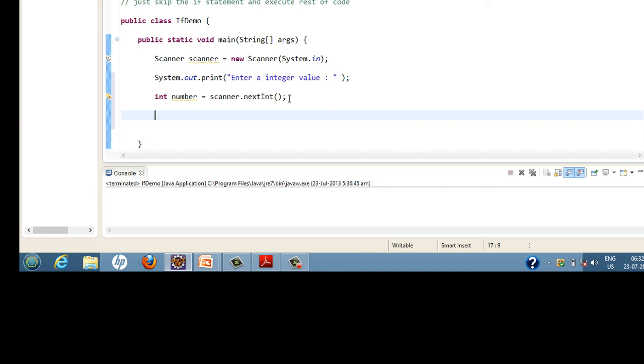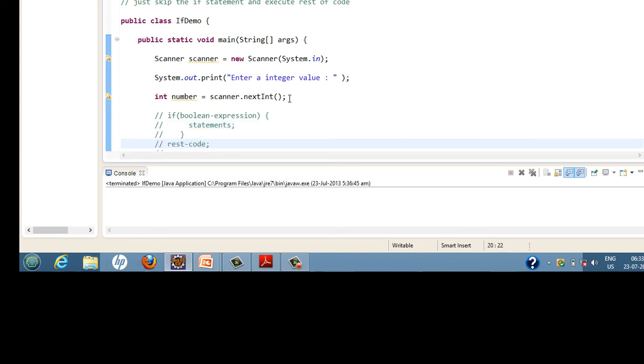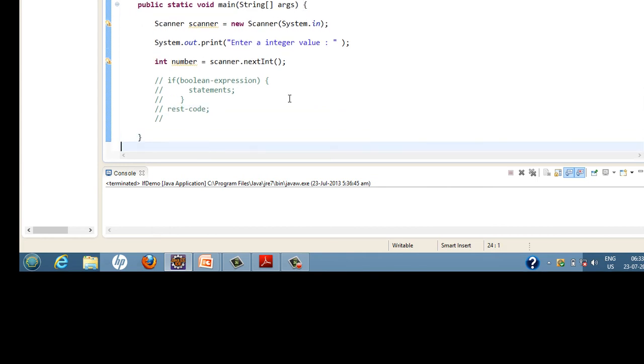If you see the general syntax, it's something like if, boolean expression, the statements within the if block, followed by the rest of the code.